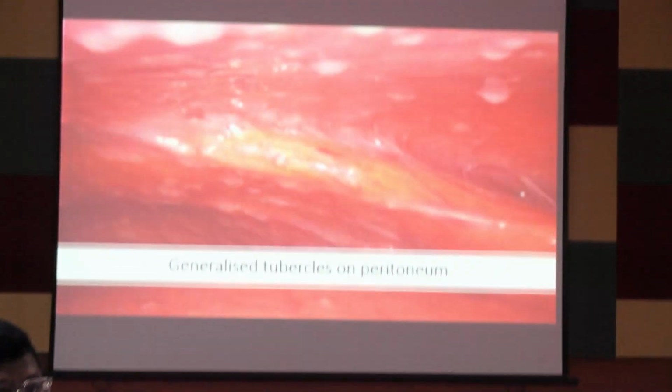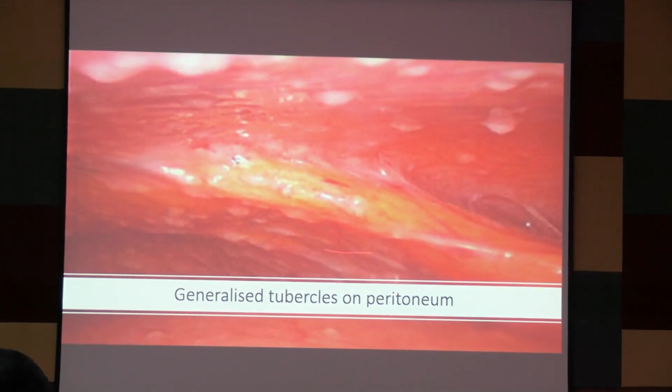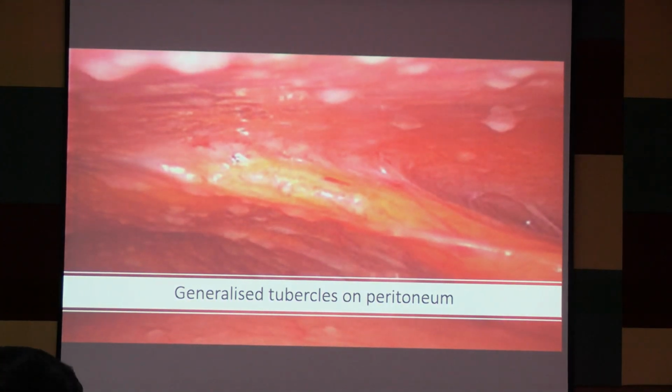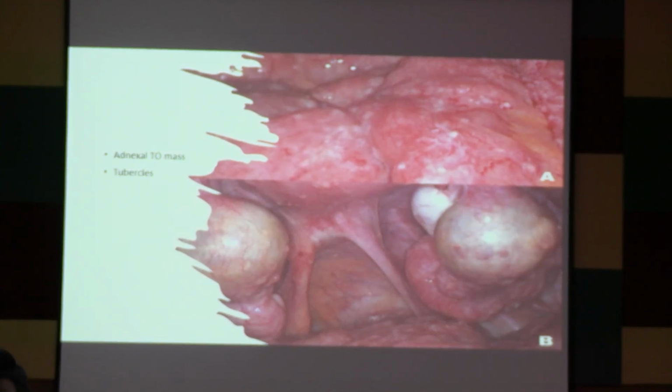This is what studded multiple tuberculomas look like on the abdomen. These small, small white things you see, these are tubercles. This is a laparoscopic view. Again, these are the tubercles. Up here there is white caseous material, this is called caseous necrosis. This is what caseous necrosis looks like.